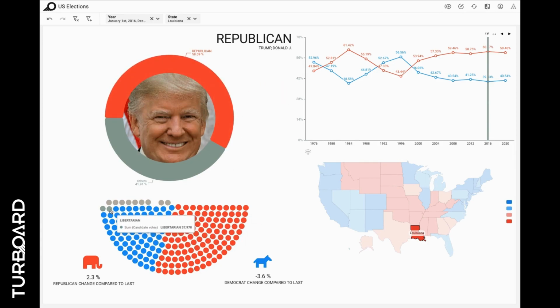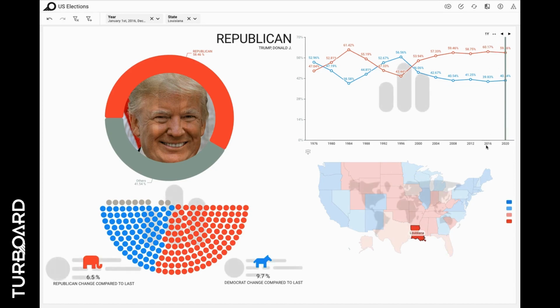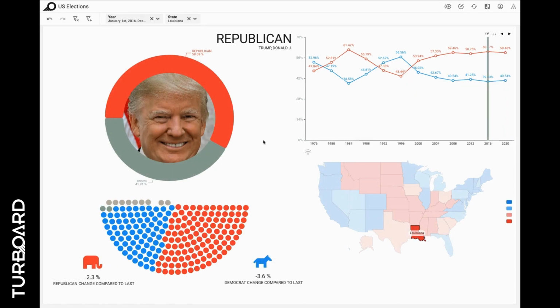Here you see an increase in the Senate seats for other parties, but it is still a victory for Donald Trump. If you compare his results to the last election in 2016, you'd notice that despite Trump's victory, the data reveals a narrower win in 2020 compared to 2016. Also, the change percentage for the Democrats is negative, suggesting Trump's message resonated with Louisiana's policy preferences.